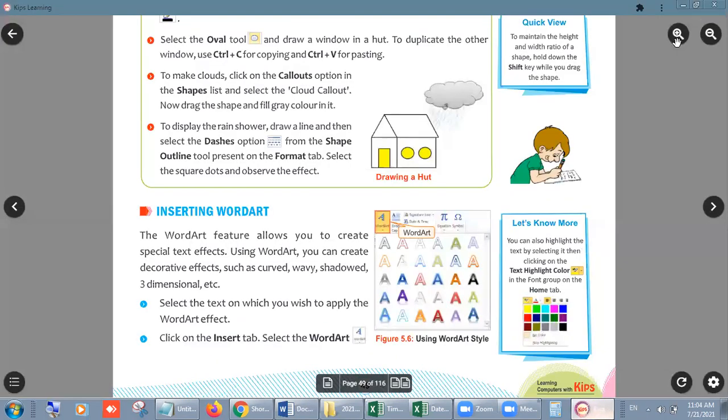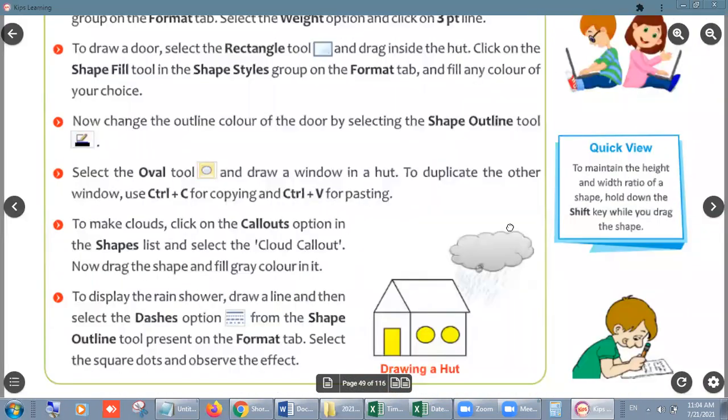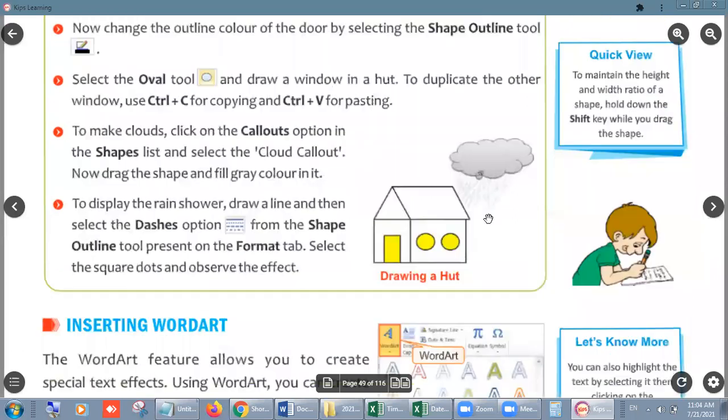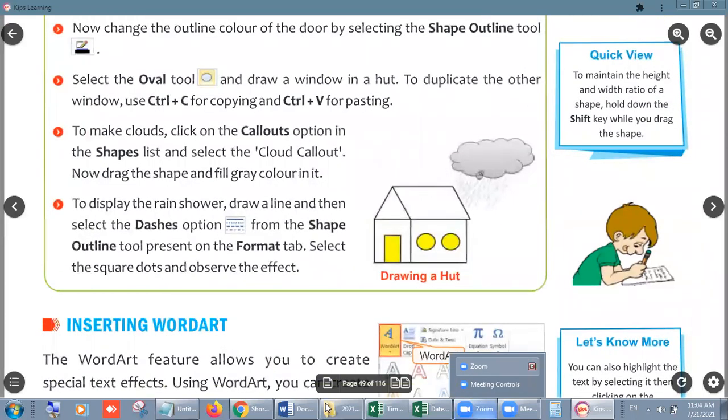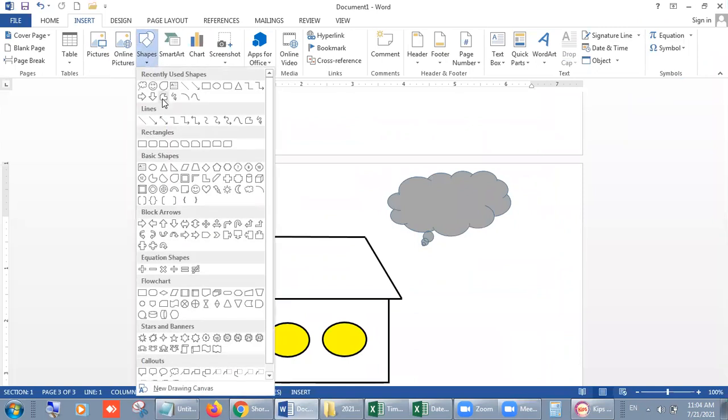As you can see in this picture, these drops you can draw with any shape. Go and insert shapes.